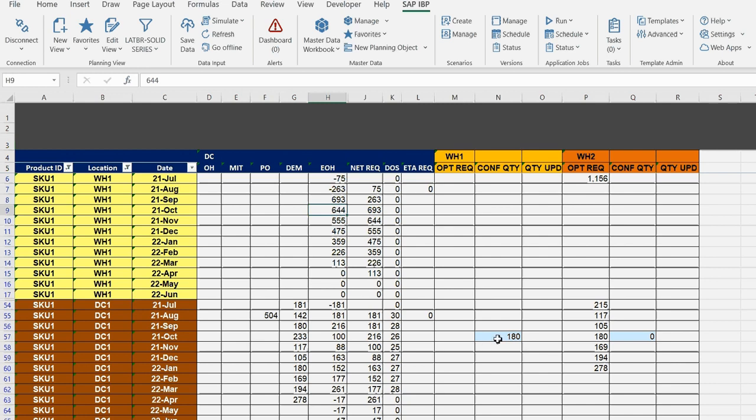And since I have a lead time of 1 month, that means this 180 that I am shipping from warehouse 1 in the month of October will be available in the month of November at the receiving location. It will increase the ending on hand of the receiving location. Thus, even before running the heuristics, planners can dynamically see the changes on the projected stock or the ending balance